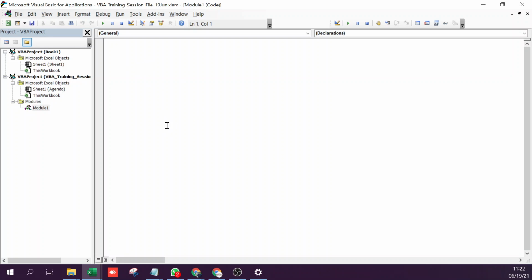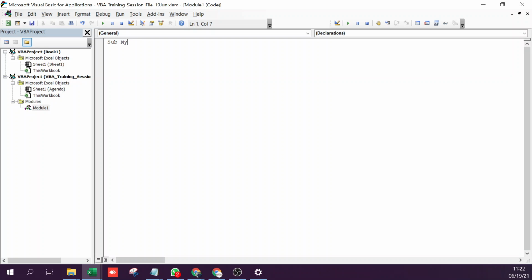Okay, so this is my coding window, and this is how I start writing a macro. I start with Sub, and there are a few things that you will have to remember, but I would say 90% of the things can be created directly, so you don't need to remember anything of that sort. This is something that you need to remember. You write a macro, you start with Sub, which is short for subroutine. Then you give a space, then you give a name to the macro.